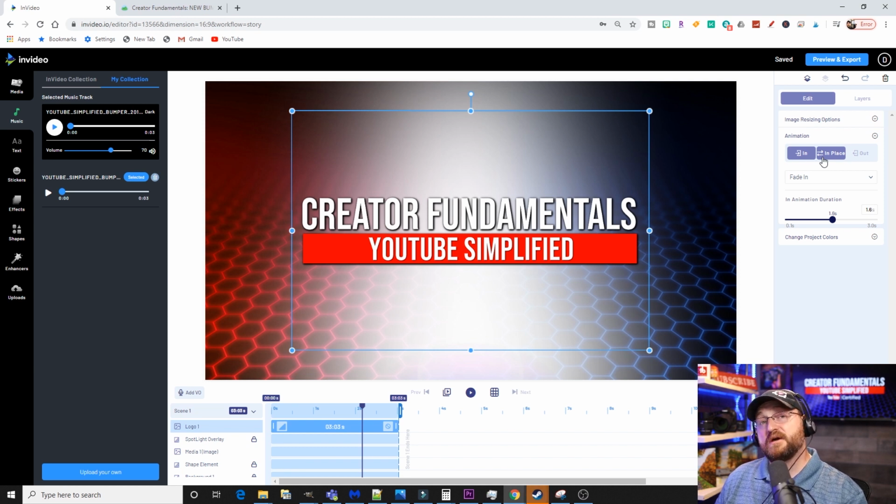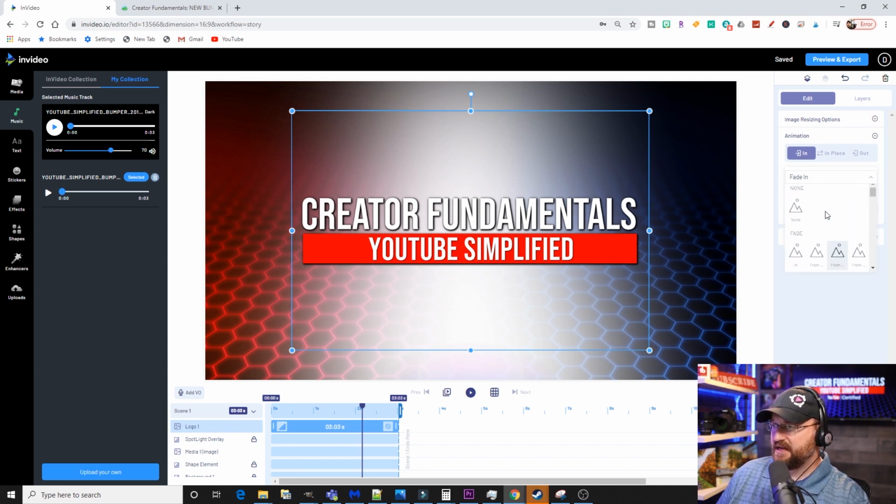What I want it to do is I want it to come in at that 1 second mark, and then I want it to leave at 1 second before the end. So I do my in, I go into here, and it's set to fade, but I actually want the zoom in. I want that to happen nice and quickly. So we're going to go down to zoom in. We're going to set the zoom in to 1 second, and then I'm going to go to out, and I'm going to do zoom out,